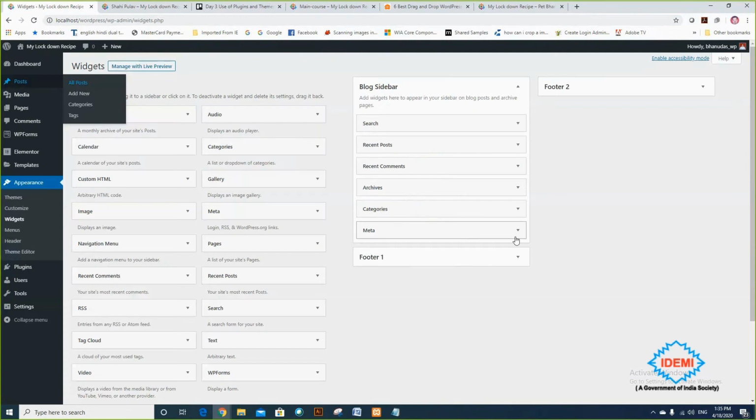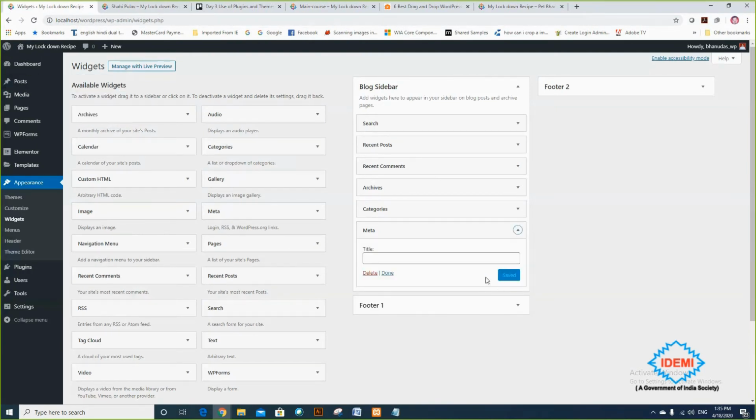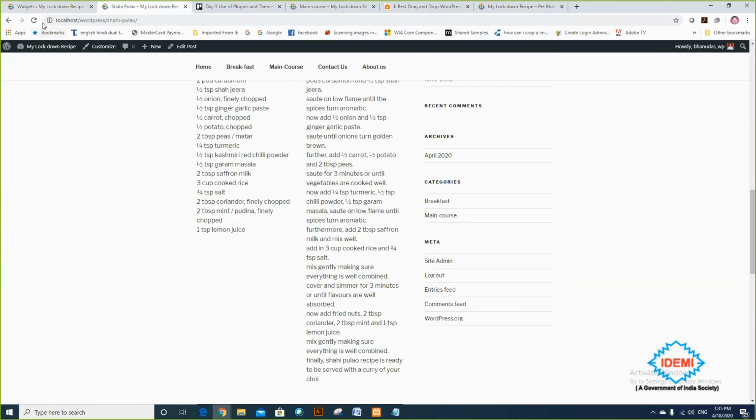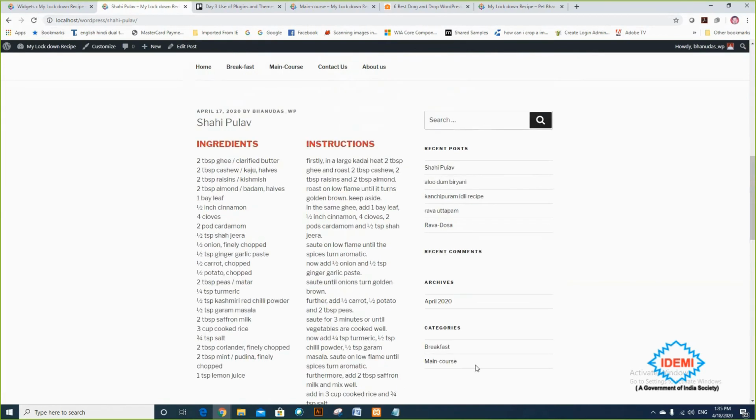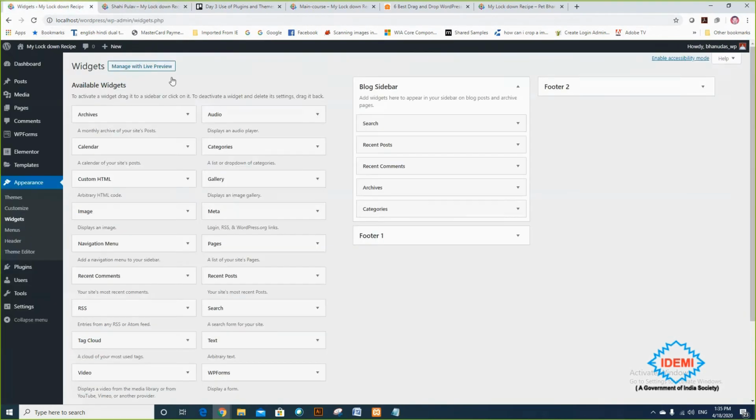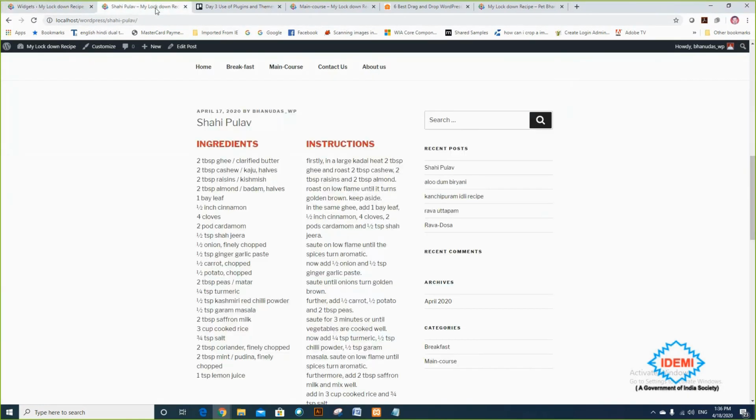So I can remove this. I just want to remove meta. I'm just deleting it. Okay, look at this now, again refreshing. So my meta information is removed. Are you getting it? Similarly, I am removing category here from my block sidebar, because the sidebar is one kind of widget.